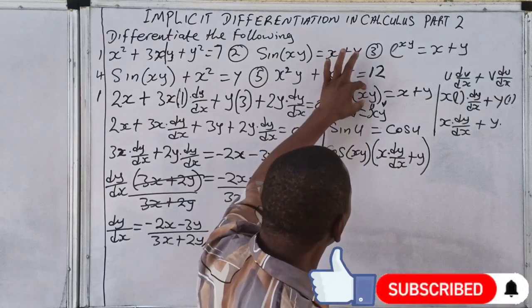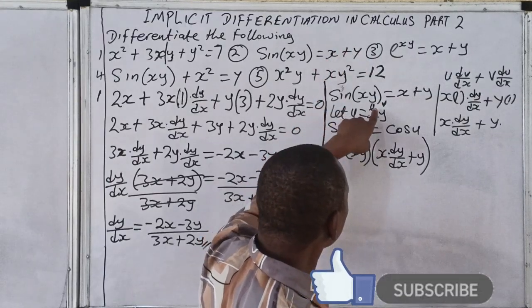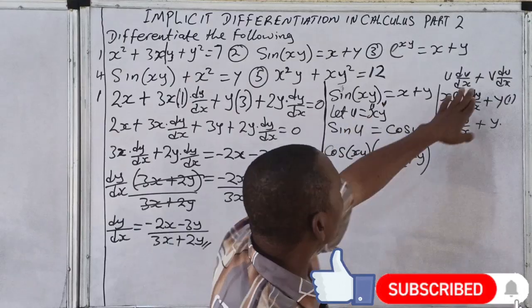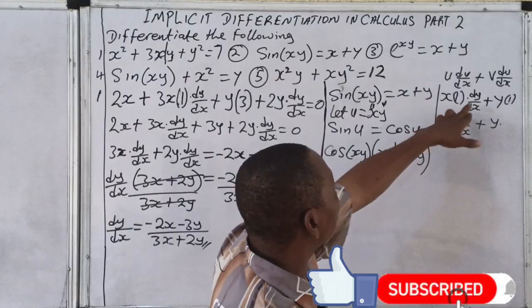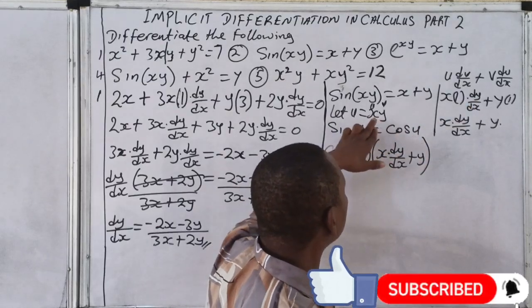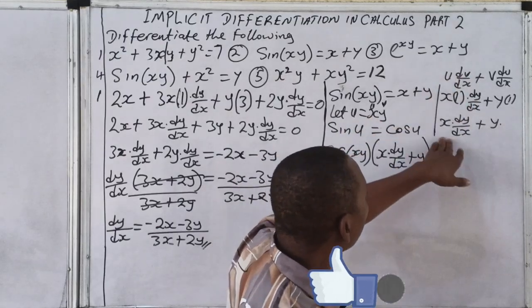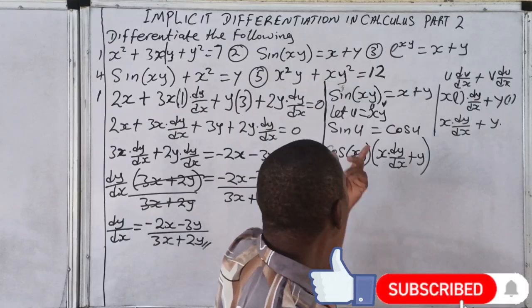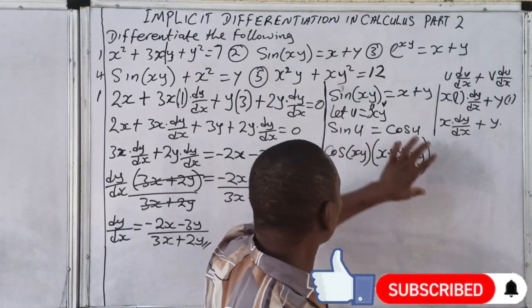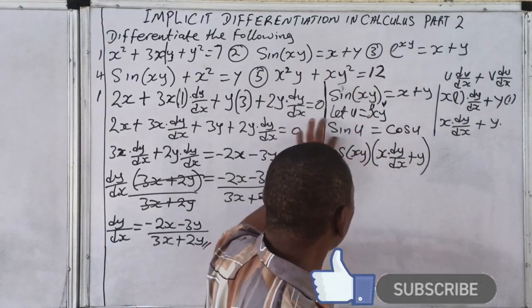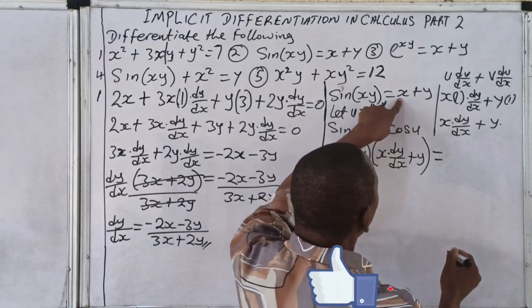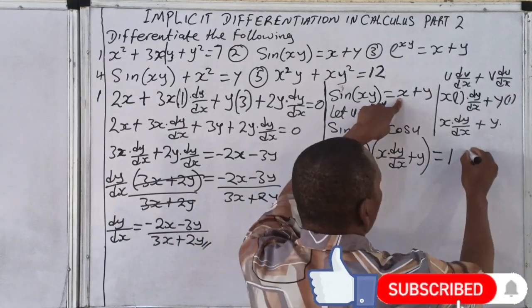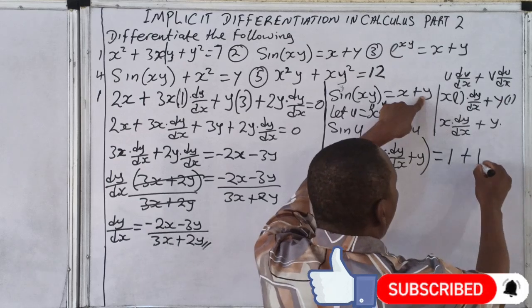So we now differentiate xy. Make x, u, y, v. Just use your normal product rule. But note that whenever you differentiate y, you must add dy/dx. So that is what I did. I differentiated xy. I will now have my answer as this, so it is this times this. If you differentiate this, this is what you get. Equal to, now if you differentiate x, you have 1, plus if you differentiate y, you have 1